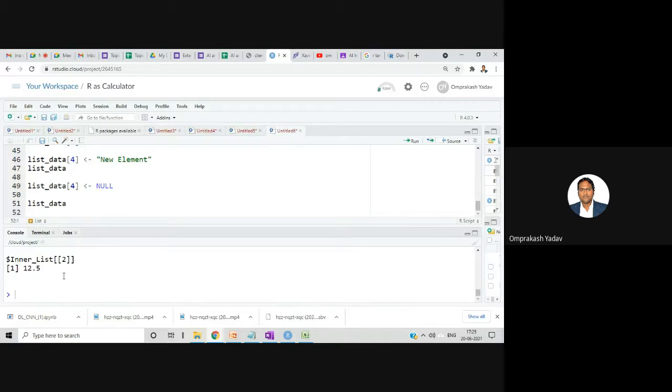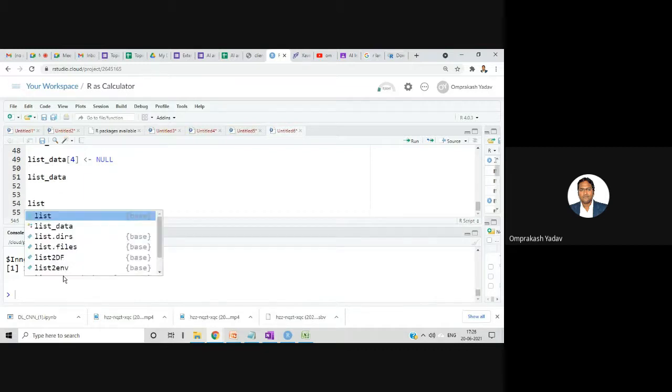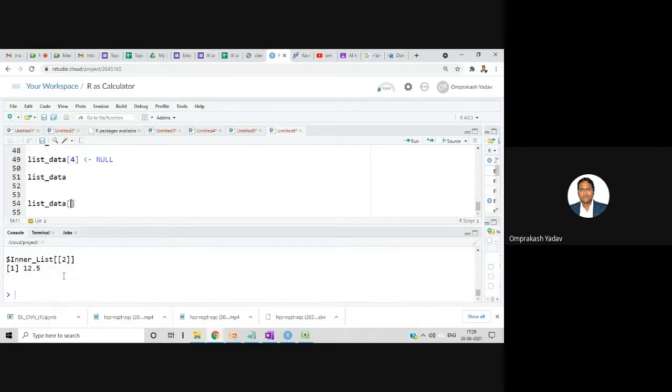Now if you want to update any data in the list, you can. Simply it will overwrite. Let's say I want to update list data at the third position. And this one I can say updated data.